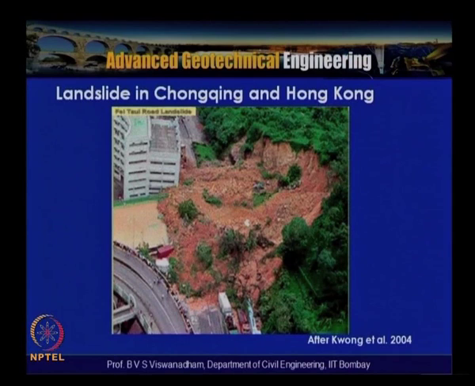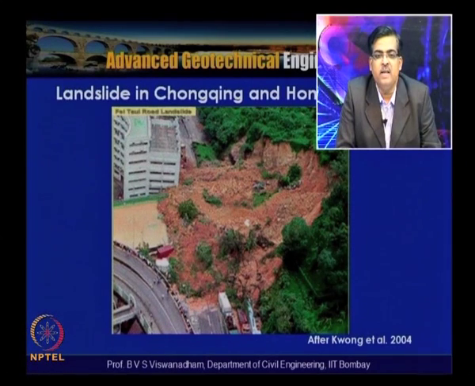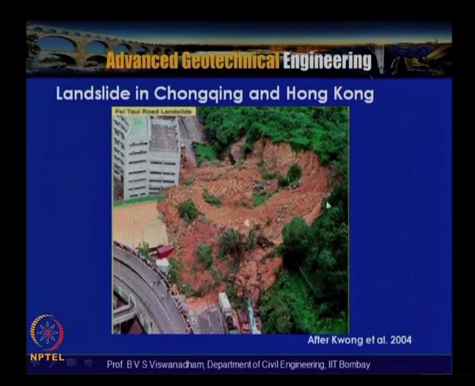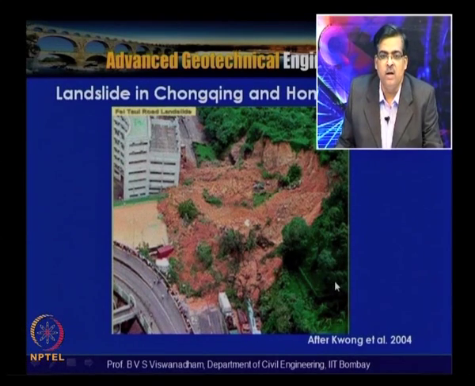This is a typical landslide in an urban area in Hong Kong, where it can be seen that, very close to the construction activity, the building, the part of the slope is subjected to seepage, and then failure due to seepage, which resulted in a slope failure. You can see that this is the portion of the area which is subjected to a slip, and this is the mass movement which has occurred up till this. This type of situation can endanger the buildings which are lying close to the slopes.